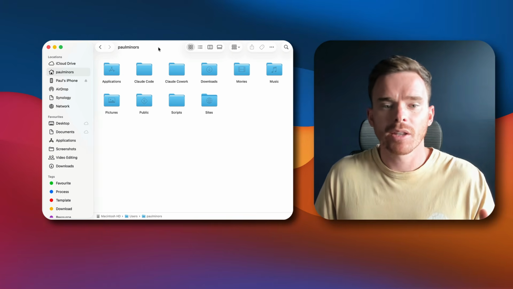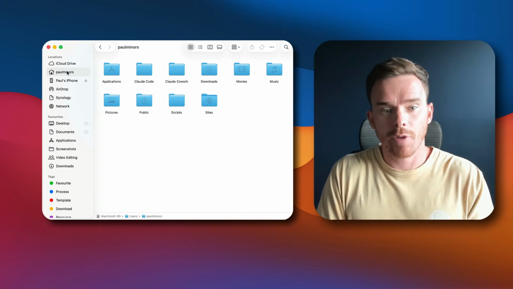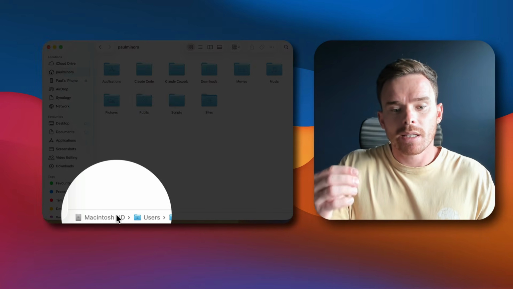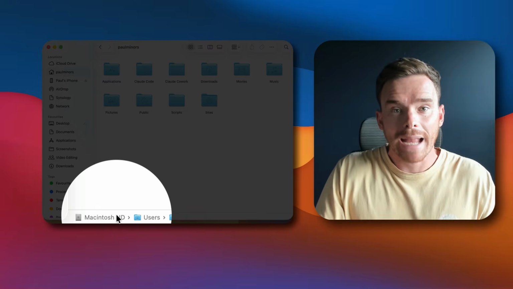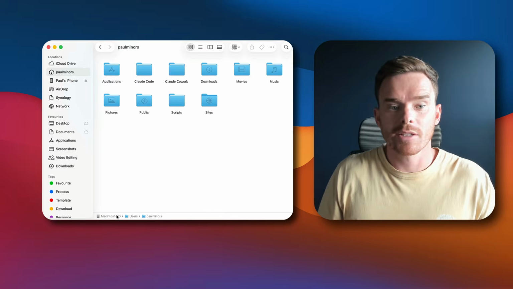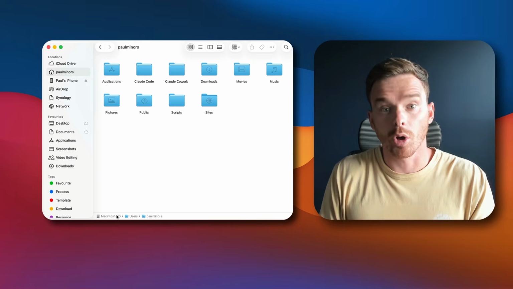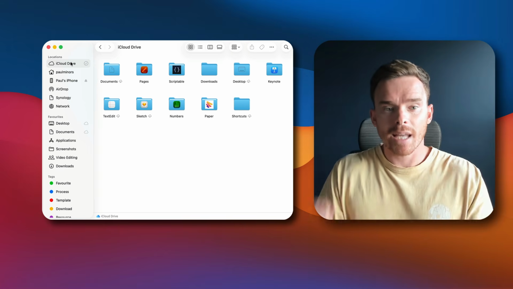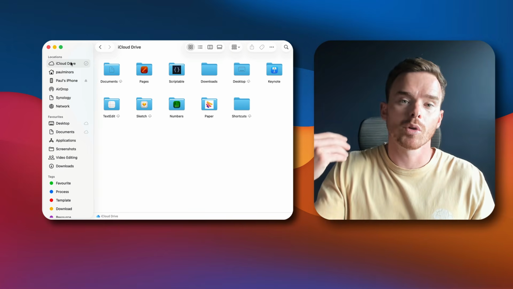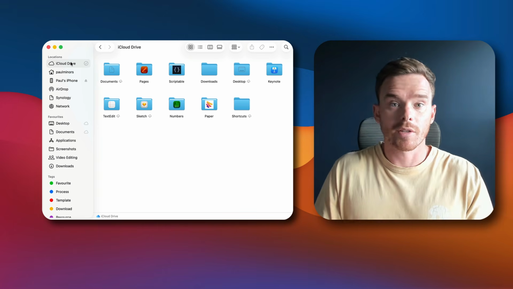Now, many Mac users use their home folder to store their files, documents, and photos. The home folder, as you can see via the path down here, is located on your Macintosh hard drive. So when you put a file or document in a folder in this home folder, it's only on your Mac. It's stored locally. It's not available online. iCloud Drive is a separate location, and this is what you would use to store your documents online using your iCloud data so that you can access your files and documents on other devices like your